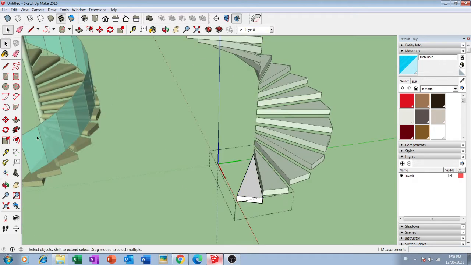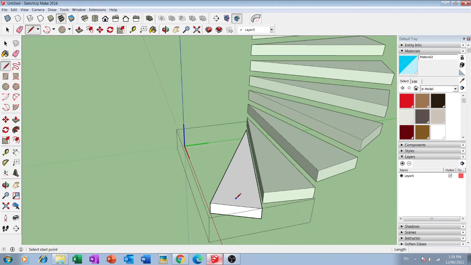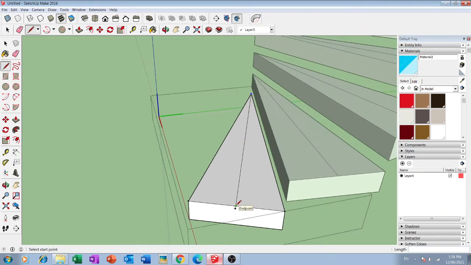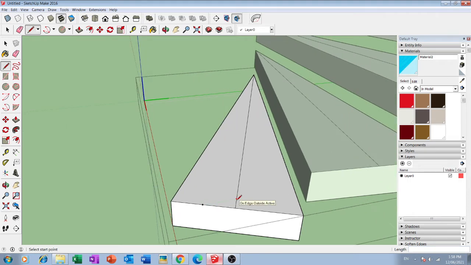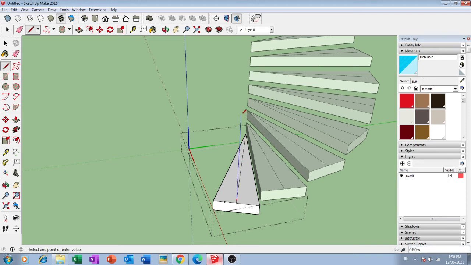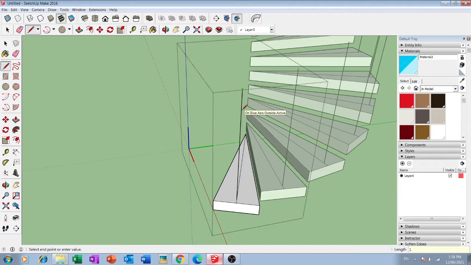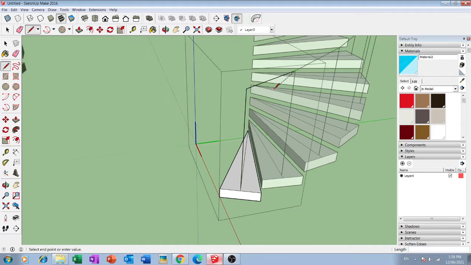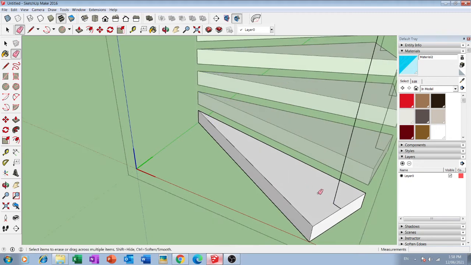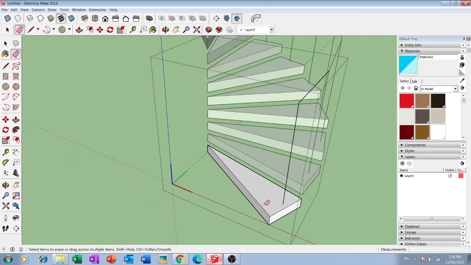Now simply double click on the component, select the line tool, select this midpoint and draw a line like this. Then at a certain distance we'll make a dot and draw one vertical line of 1 meter. If you are working in feet, you need to make a line of 3 feet and then join this. So this will become our handrail for this staircase.